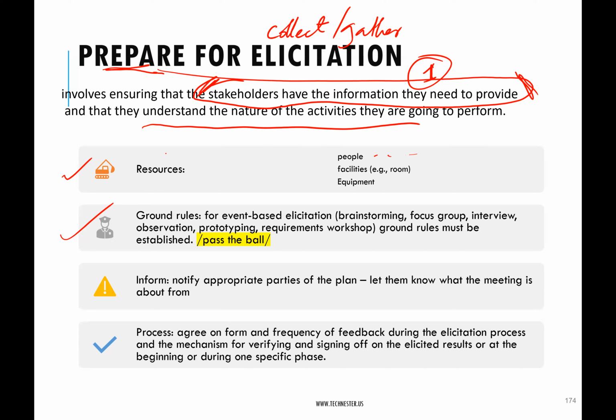And you would have these different personalities in a room. It's in your best interest to give everybody the chance to talk and contribute, because that quiet person may have some key details that you won't be able to get to if you don't give them the chance to talk. So these ground rules will help you control the environment. And as a BA, you want to control your workshops.